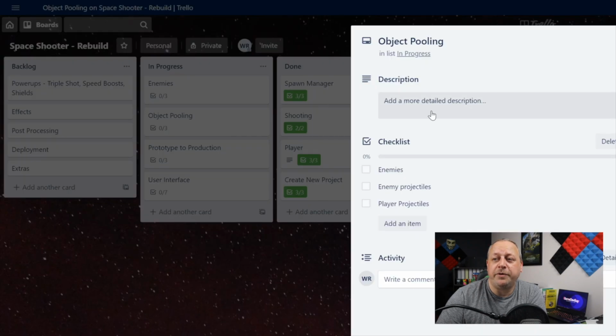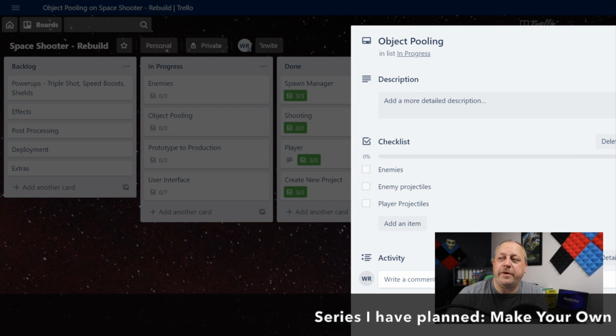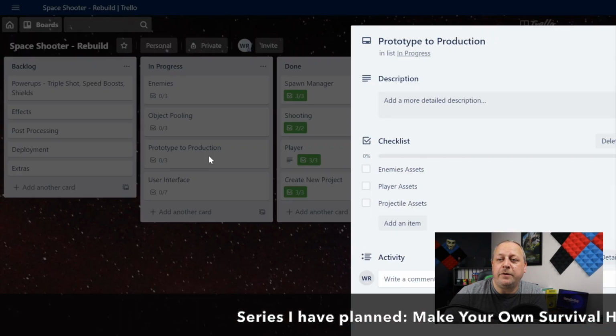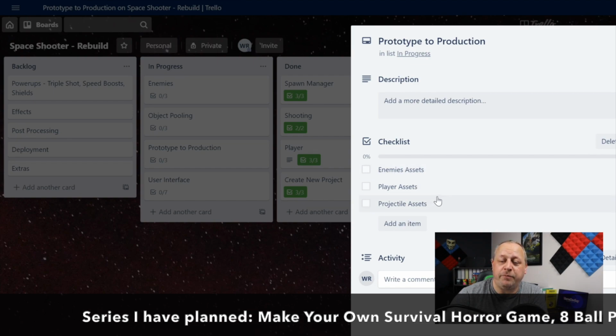We had object pooling, which was to manage the performance of the game itself by spawning a set amount of projectiles and enemies, and then just continuously reusing them so that we weren't spawning fresh ones every time and adding to the memory. We had prototype to production, which was getting some of the assets ready,